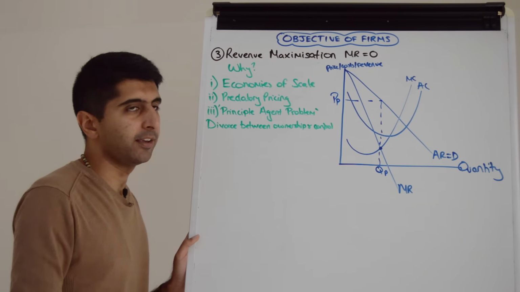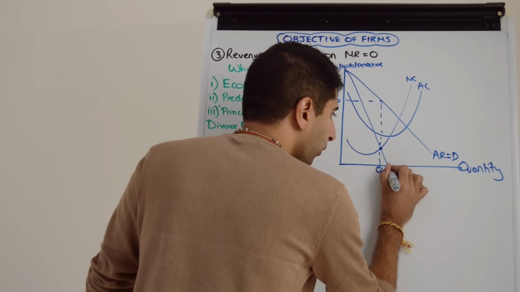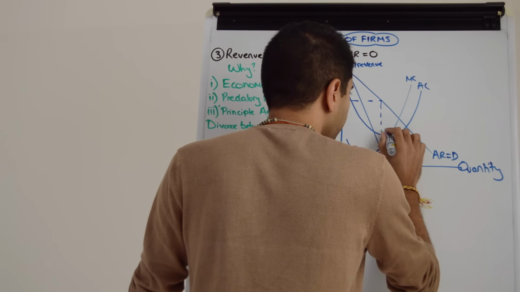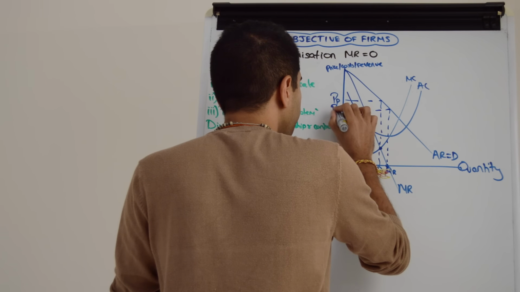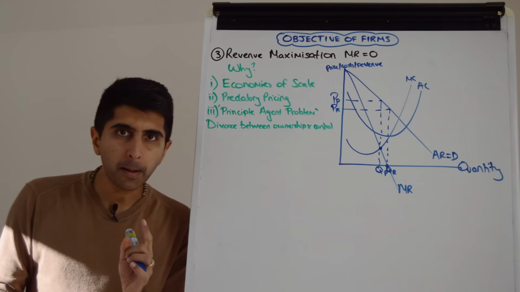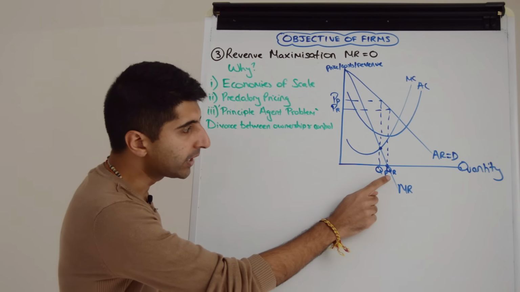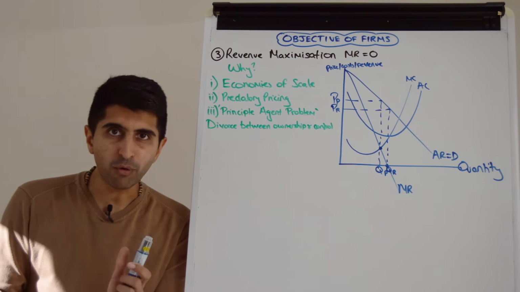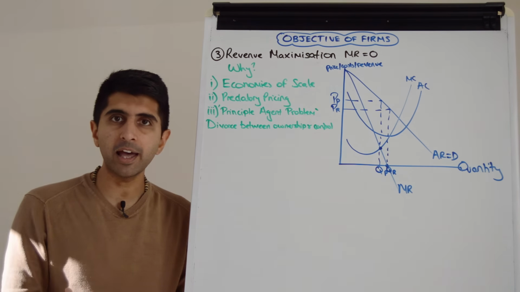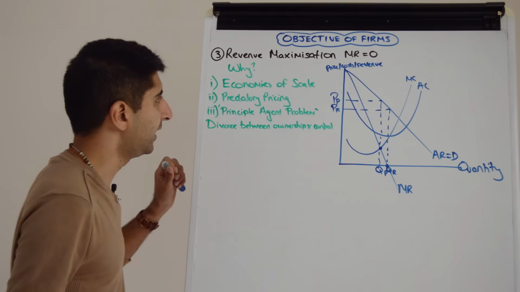But revenue maximization occurs where marginal revenue is zero. That occurs here. And we'll call that quantity QR. And again, we have to read the price from the AR curve. So we'll call that price PR for revenue max. And immediately we can see two good reasons why a company might want to revenue max. The first is for economies of scale benefits. We can see that the revenue max quantity is greater than the profit max quantity. So with that comes greater growth, greater economies of scale, lower average costs, and therefore potentially lower prices for consumers. So there is that benefit there.